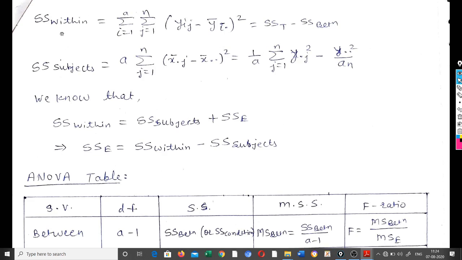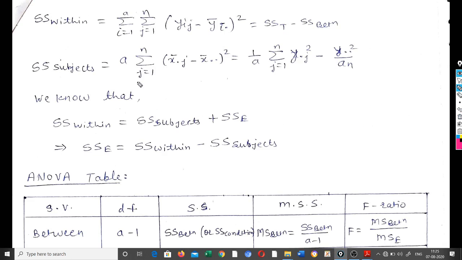Now consider SS within. SS within is actually the double summation of (yij minus y bar i dot) squared, just like your SSE in CRD. Now SS within can be obtained by SST minus SS between, just like your CRD. You know, in CRD SST is SS treatment plus SSE, and this is actually SS between, and this is actually SS within. So SS within can be obtained by using SST minus SS between,